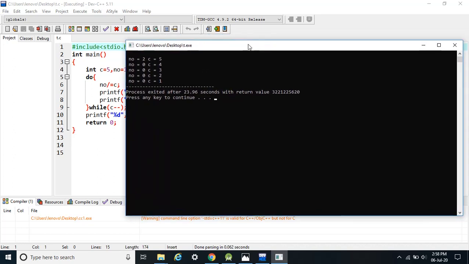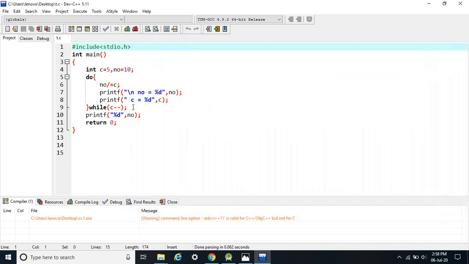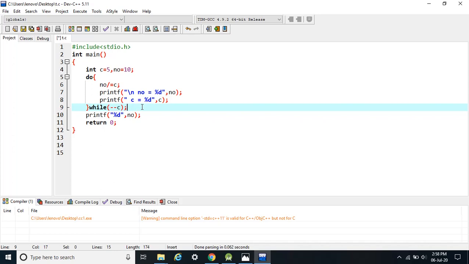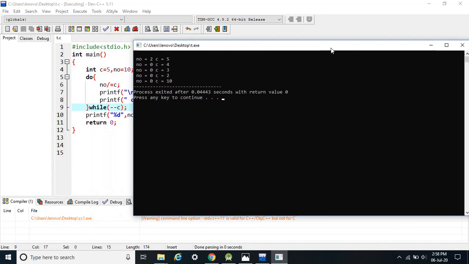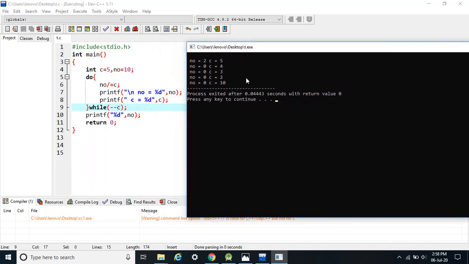Let's see one more example. Let's quickly change this to minus minus C. Now let's see what the answer is. So with minus minus C there is no runtime error and we are getting the correct answer. This 0 is for this NO. Why? Because the logic is the same, but the value will change here itself.